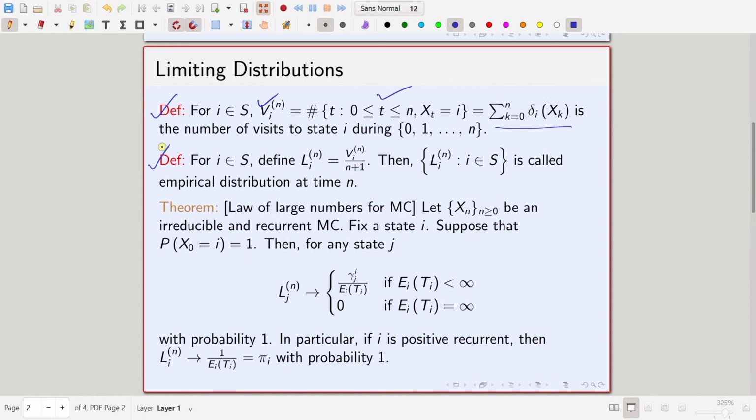Now the second definition: again for any i in the state space, define li(n) to be Vi(n) over n plus 1. Remember, Vi(n) was the number of visits to state i during 0, 1, 2 up to n, but now we are dividing by n plus 1. So we are looking at the proportion. This li(n) is called the empirical distribution at time n, or you can think of it as the proportion